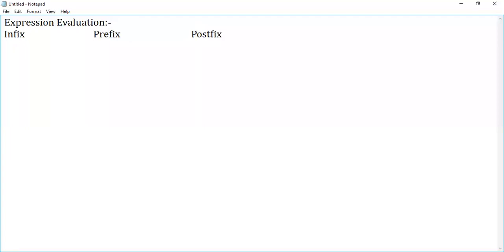Okay, so when I say expression, expression can be given in different formats. For example, if I give an expression like this, a plus b, this is a normal infix expression, guys. If you want to convert this to prefix, I'll write the expression like this: plus ab, where the operator is placed before and the operands are placed next to it. This is all about prefix. In case of postfix, I'll place the operands before and the operator after. This is all about your postfix expression, guys.